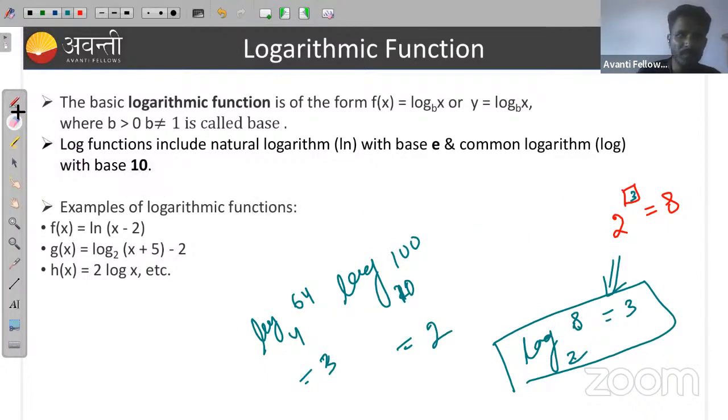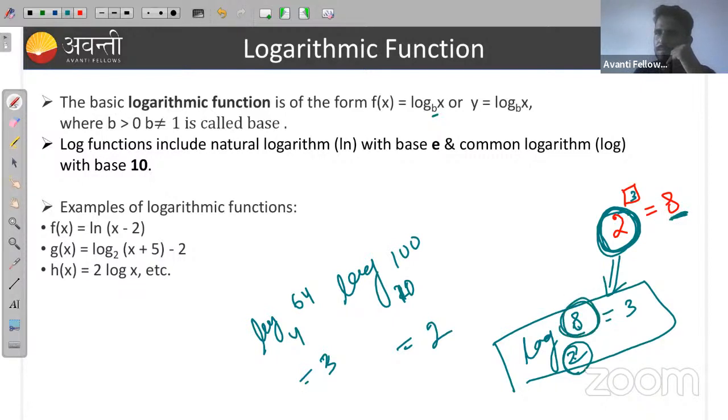So basically, if you see that from 2 to the power 3, 8, this thing generated, right? So this 2 is the base of the exponential function, and this becomes the base of the log. This b. Okay, and this value x is here. Okay, and this 3 is the exponent. Okay, so the function f of x is equal to log base b of x, or y is equal to log base b of x,